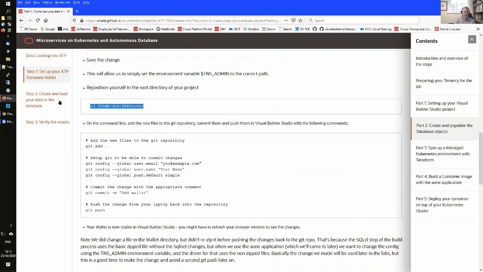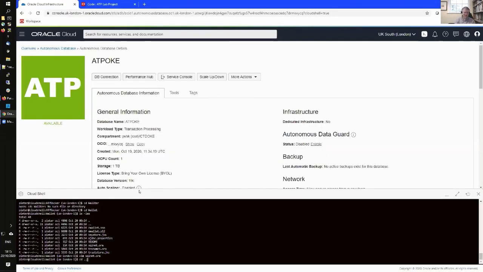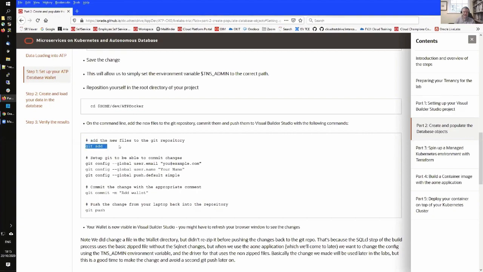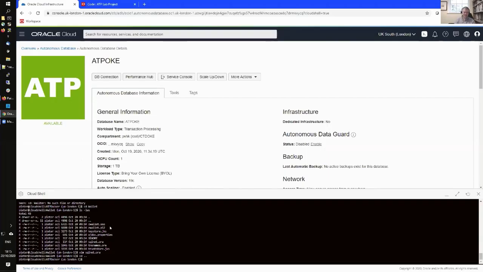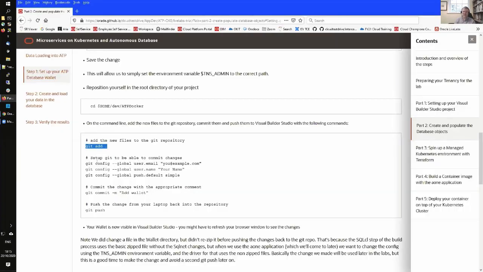So now I need to push this back into my Git repository. First of all, I need to go just one step up. And then I'm going to add that to my Git repository. Actually, I'll skip these steps because I did that earlier. Just in the interest of time, you're basically setting a few Git parameters and doing a Git push, which from that local clone pushes it back into where it came from, which of course was